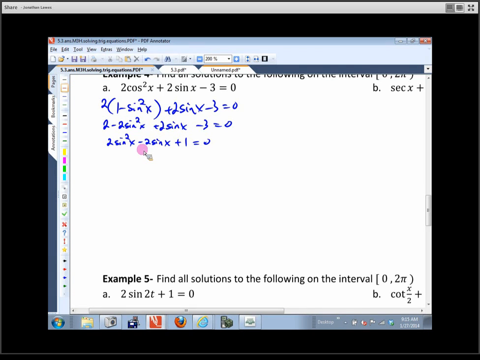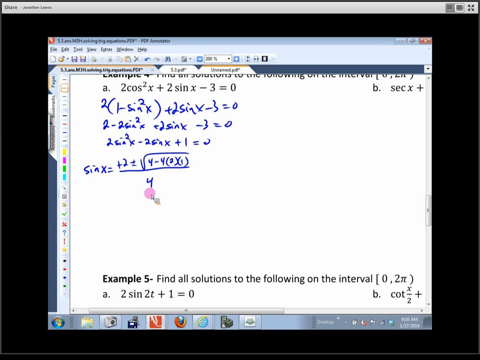The quadratic formula, okay? So you'd get something like this. Sine of x equals negative b. What's in front of that variable term? A minus 2, so this would be a plus 2. Plus or minus the square root of b squared. So that's going to be 4 minus 4 times a times c. And remember when we were doing these, I said you need to be really careful right here. I wouldn't skip that step at all. So this is going to be a 2, and that's going to be a 1. And the denominator is going to be a 4. Okay, now,